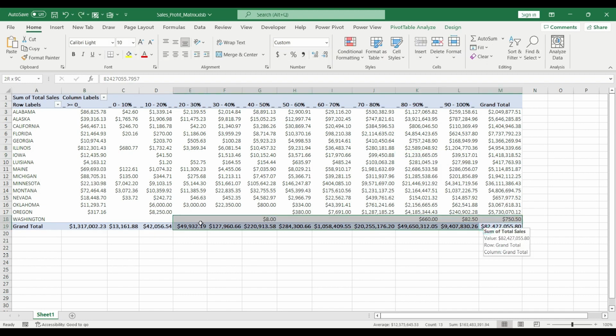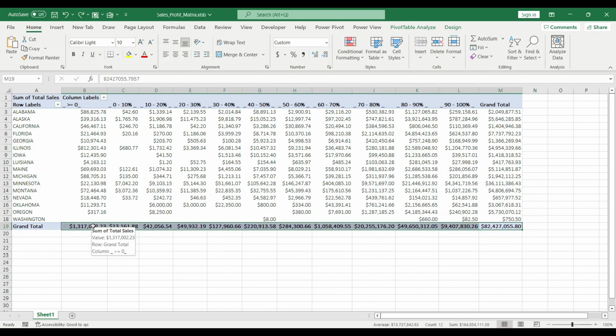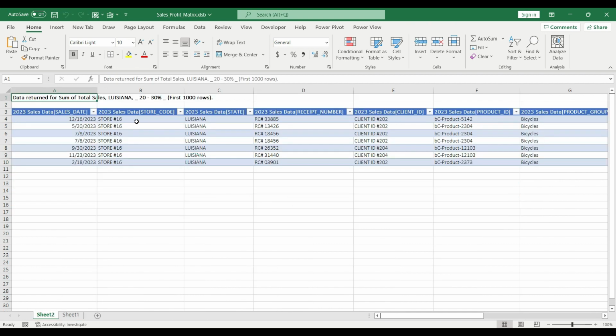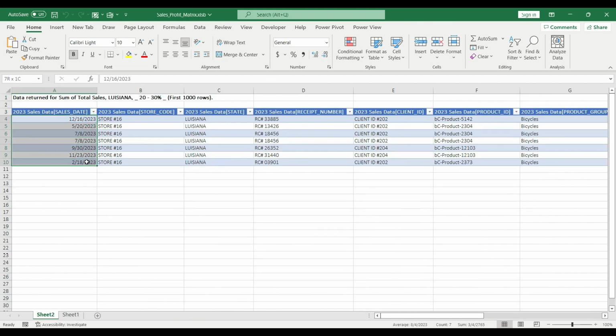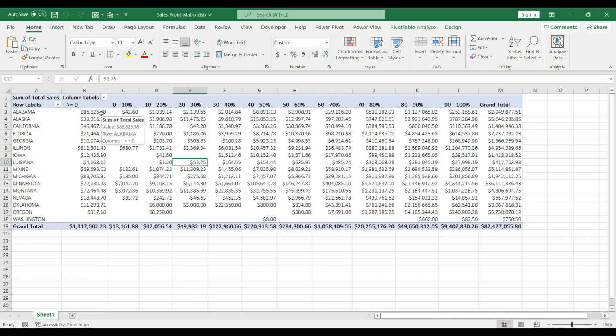And from the total numbers, I can understand better where I should improve my business. So for example, if I pick the first 4 groups, the profit percentage below 30%, I can see that I have almost $1.5 million running on a bad margin. If I want to get the actual details, then I just simply need to select the value, double click, and the pivot will list out the line items from my sales data. But this time let's go back and let's build a simple dashboard to make it more user-friendly.